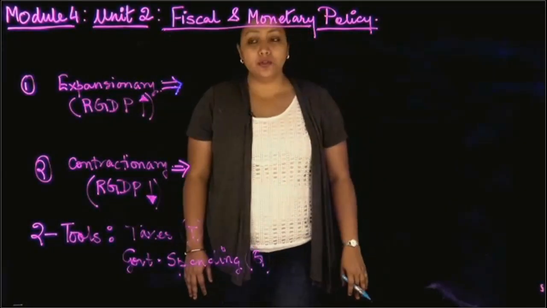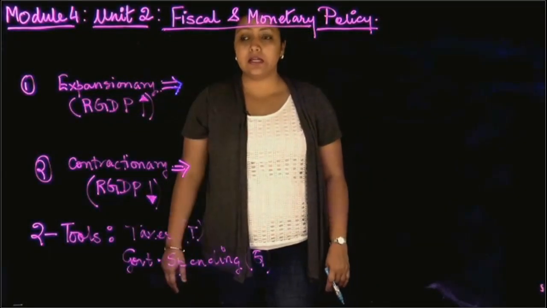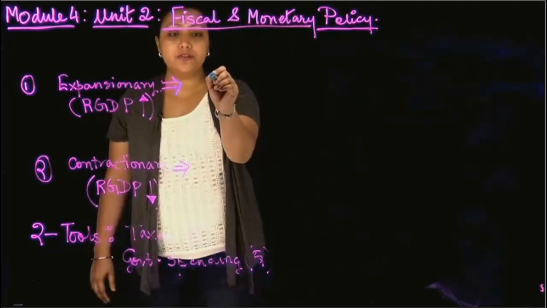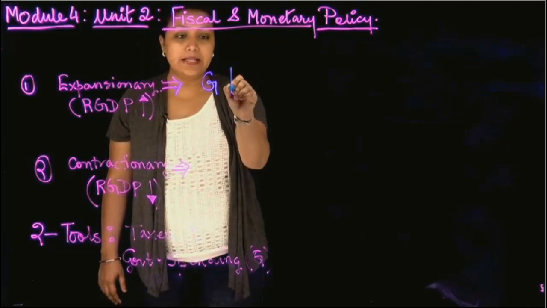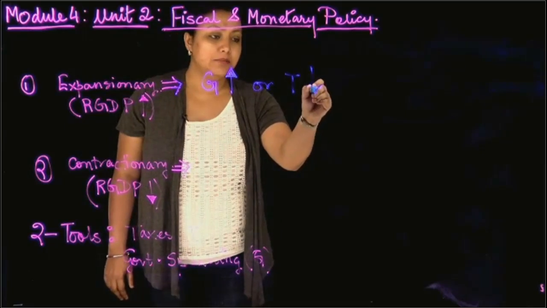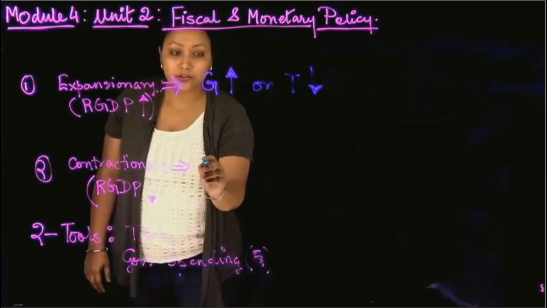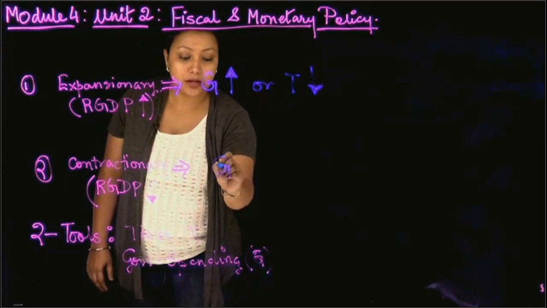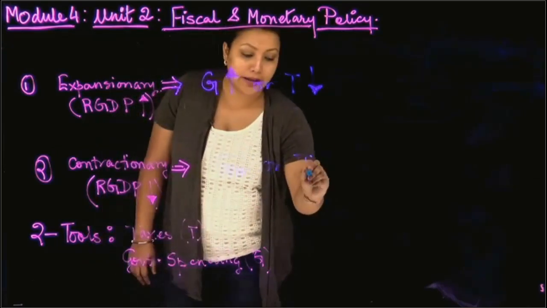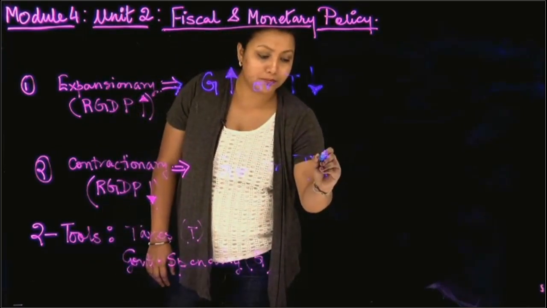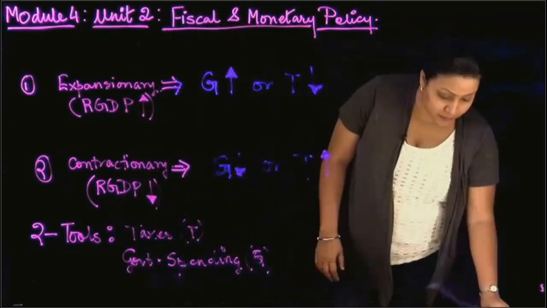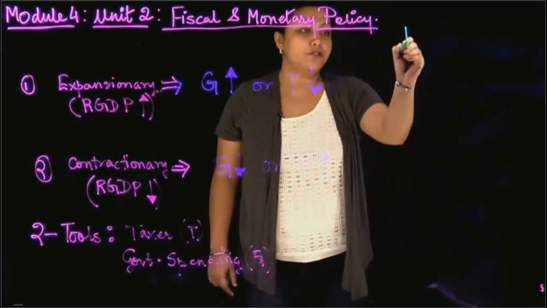Okay. So you know that the expansionary fiscal policy refers to an increase in G or a decrease in T, and the contractionary fiscal policy refers to a decrease in G or an increase in T, right? So if I drew the diagram, then really for an expansionary fiscal policy,